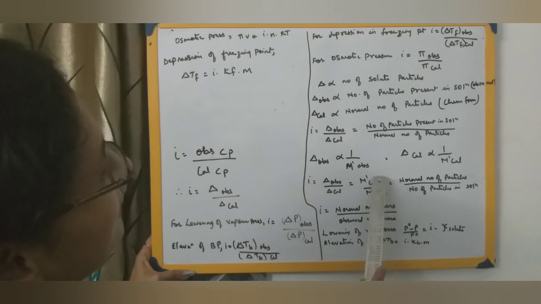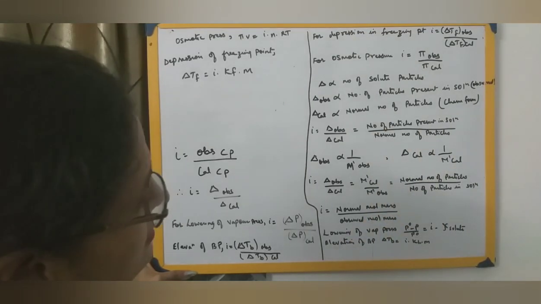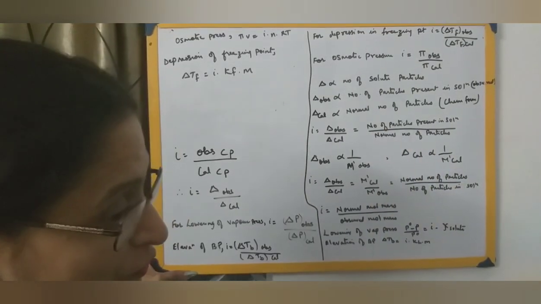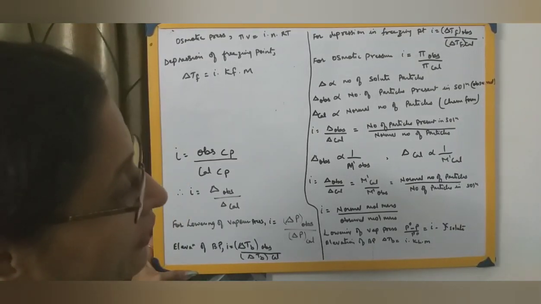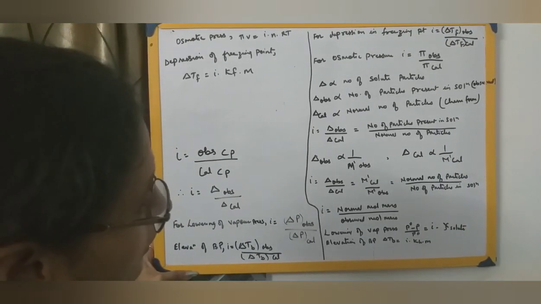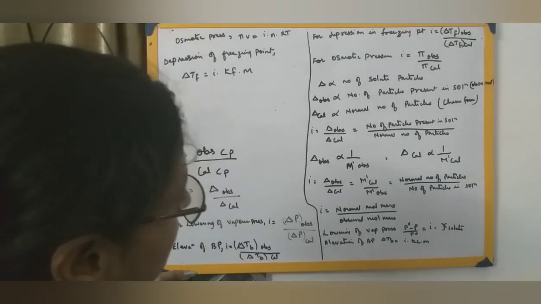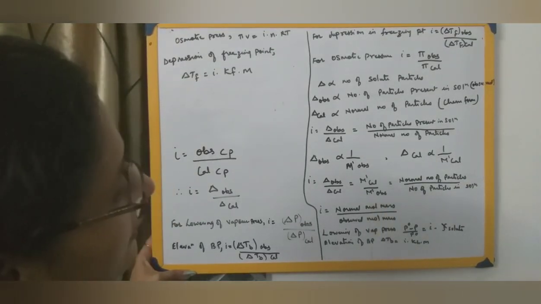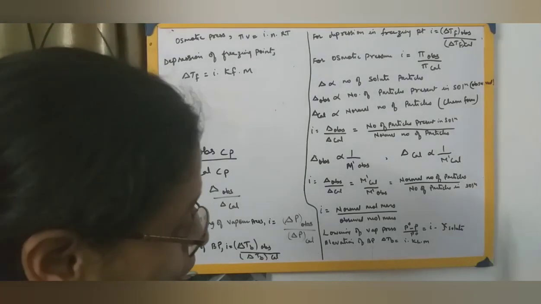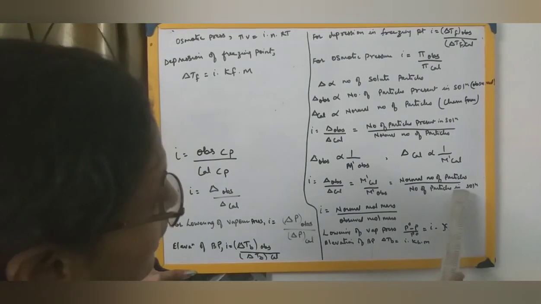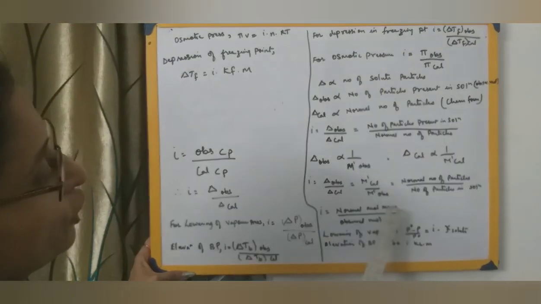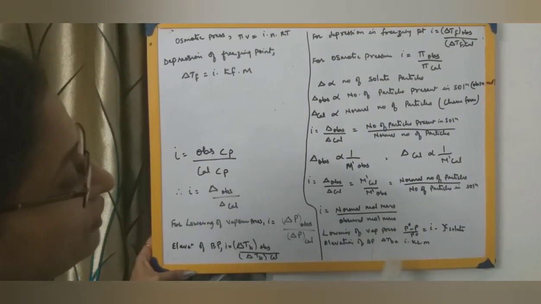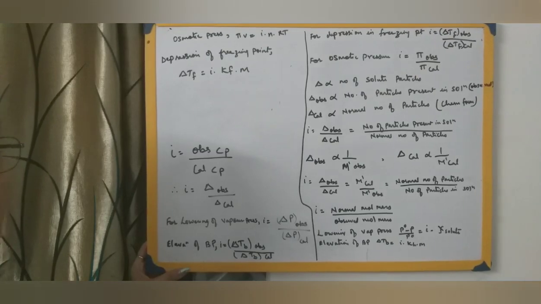So m calculated is what? That is the normal number of particles before we are putting into the solution. Or suppose you are calculating the molecular mass depending on the chemical formula, it can be considered over here. M observed means what? Number of particles in solution, after you put into the solution. So i we get is normal molecular mass if you are calculating the molecular mass of a solute.